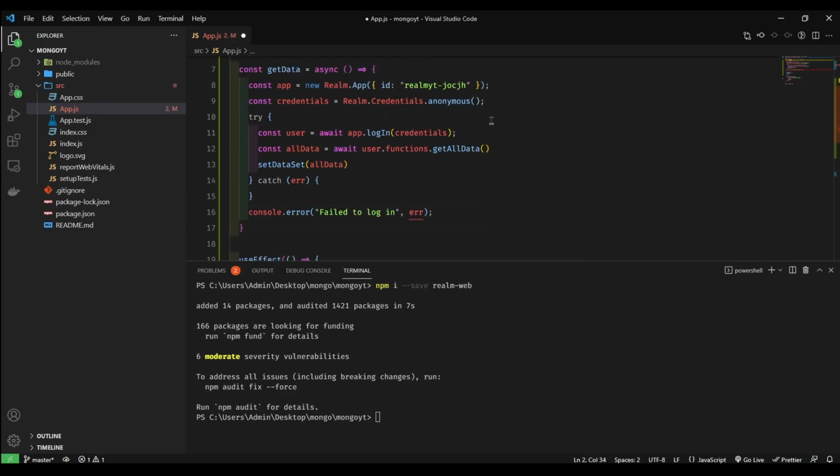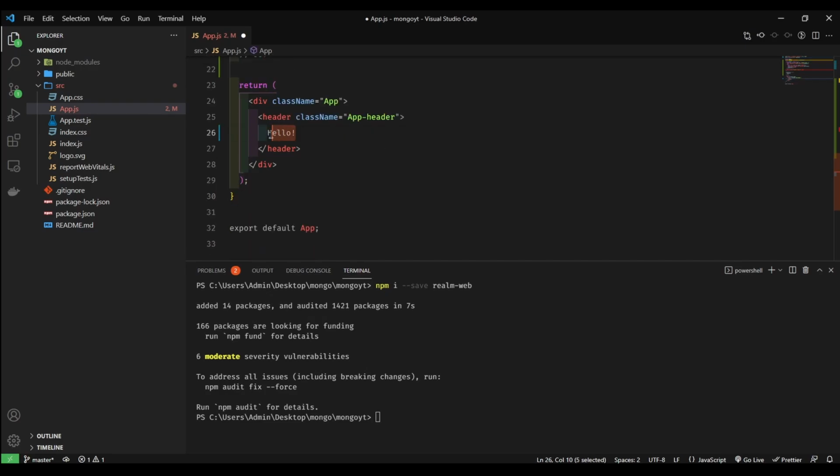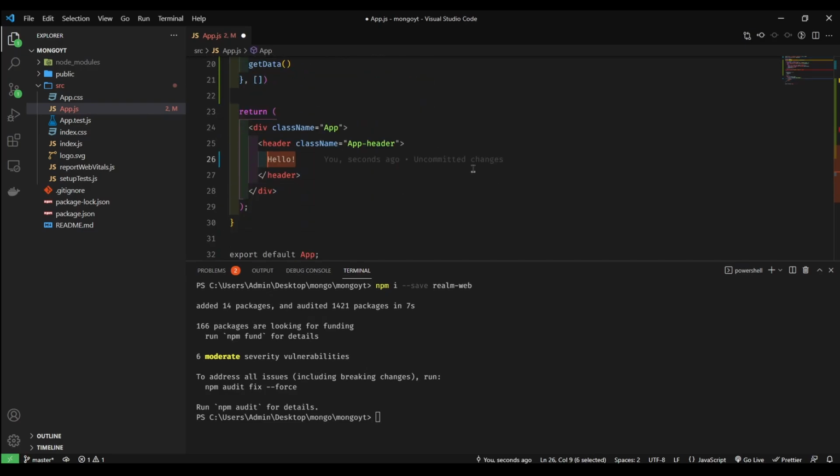After that, I can just use the map function to actually get the names of the restaurants.